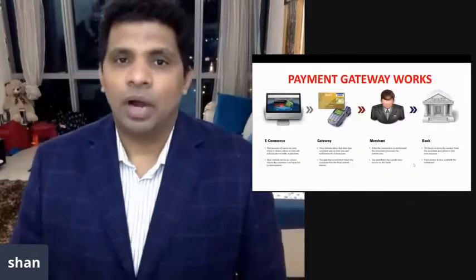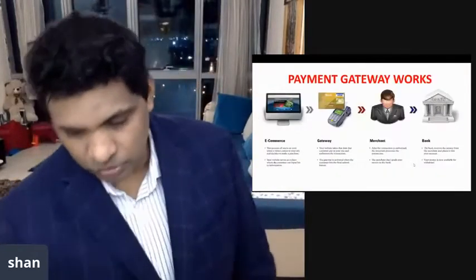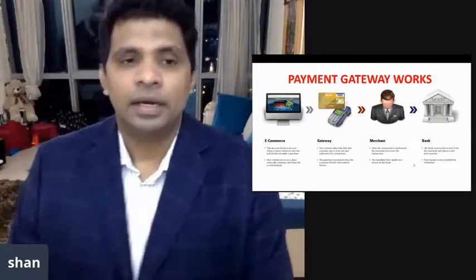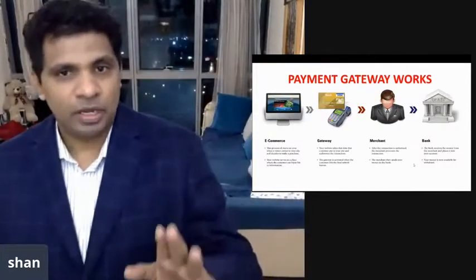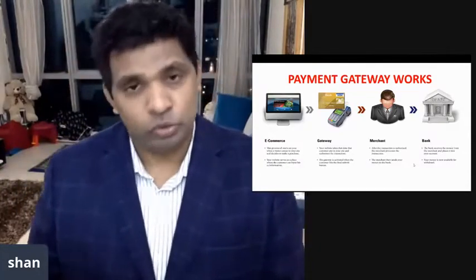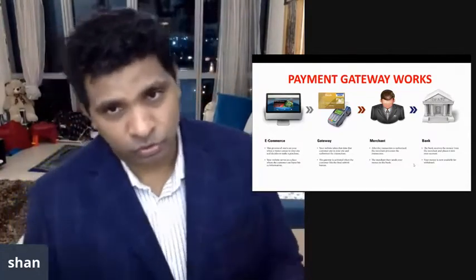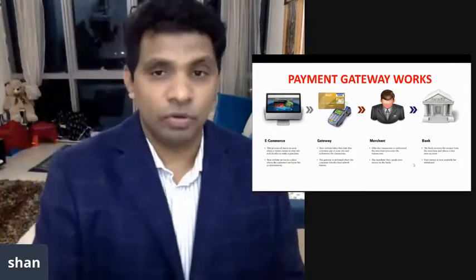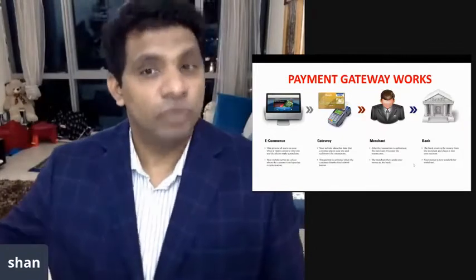Okay. Now, how the payment gateway works. There is a complete session I will be doing on payment gateways later, including PayPal. Now, for an e-commerce website, the payment goes through the payment gateway to the merchant bank and then to your bank account. It's usually 2 to 4 banking days on average. Some banks give you the very next day. Some banks give you 7 days also.